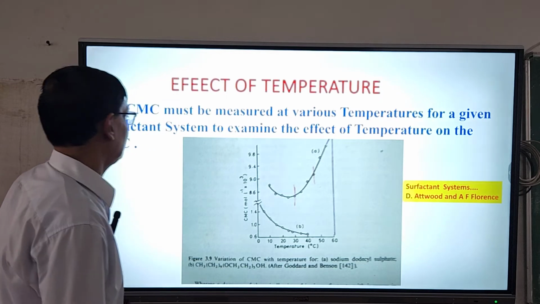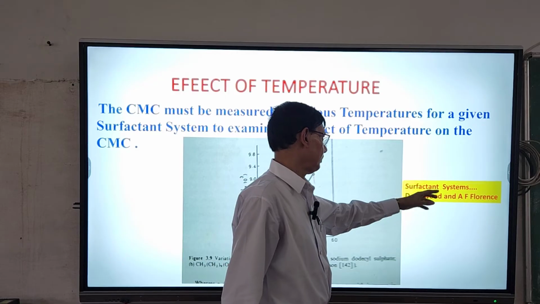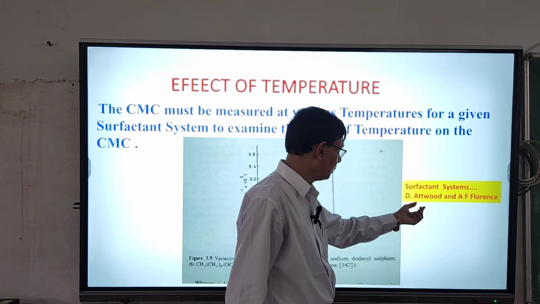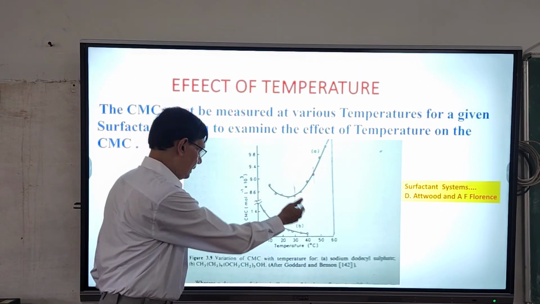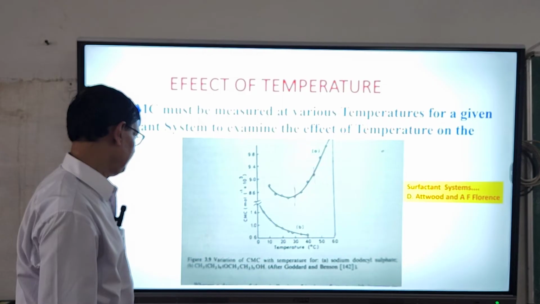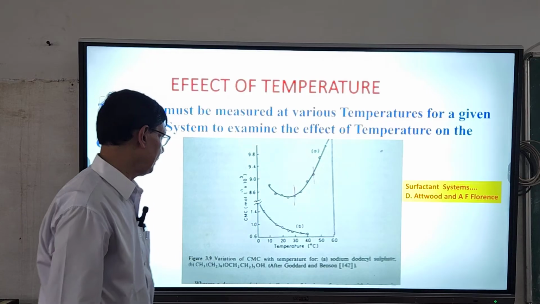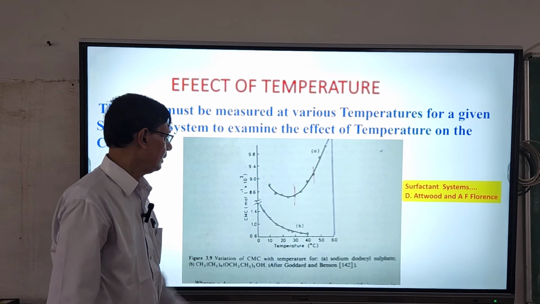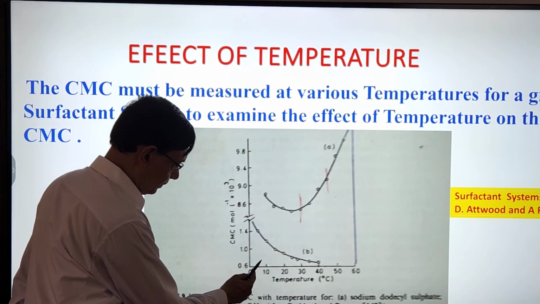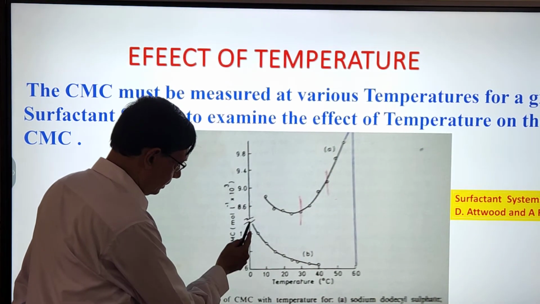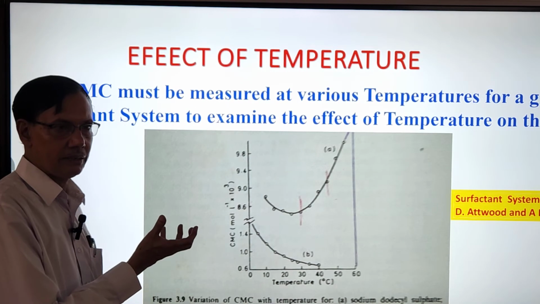Last point is the effect of temperature, which again I am taking from a very good book, Surfactant Systems: Biology and Pharmacy, by D. Atwood and Florence. So, there are two types of surfactant. One, A, is ionic surfactant and B is non-ionic surfactant. So up to a certain level, you see CMC is decreased, because sometimes when you increase the temperature, the